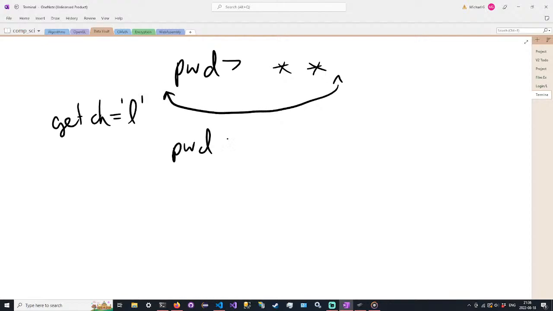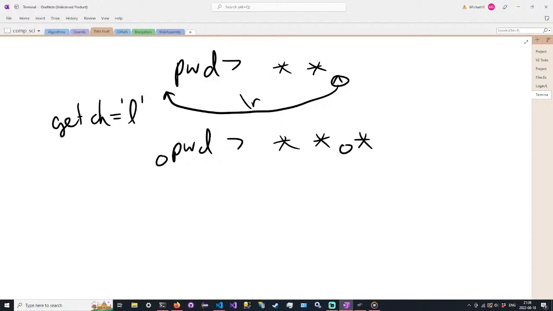So PWD asterisk, asterisk, asterisk. So we've taken the cursor and moved it back to the beginning with \r, the carriage return. So now the cursor is here, and then we start entering our characters, PWD, but remember, we're just overwriting. So the P is replaced with P, W is replaced with W, and so on. This asterisk is replaced with itself again,